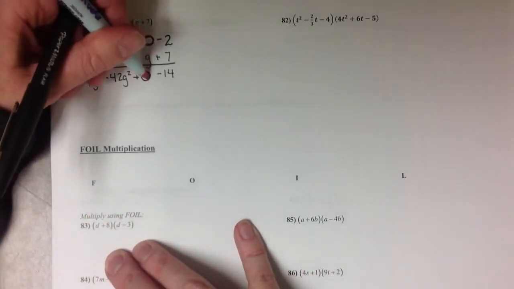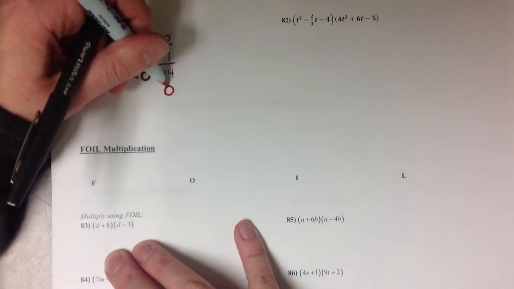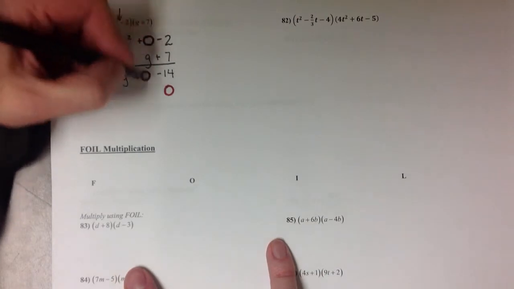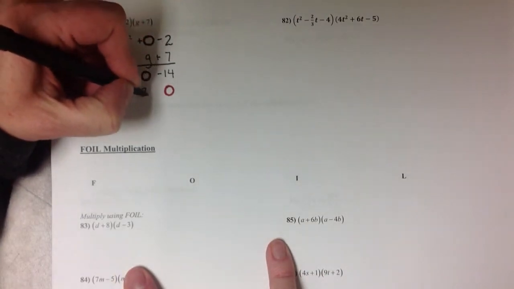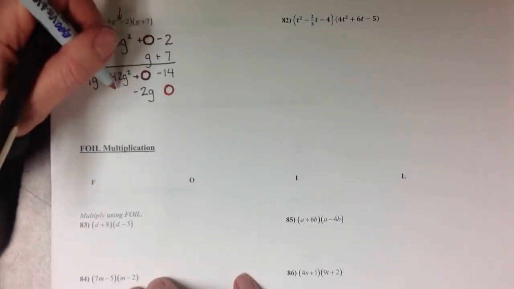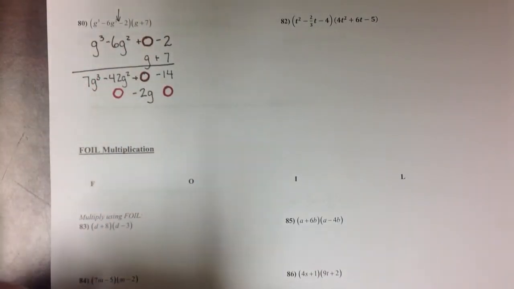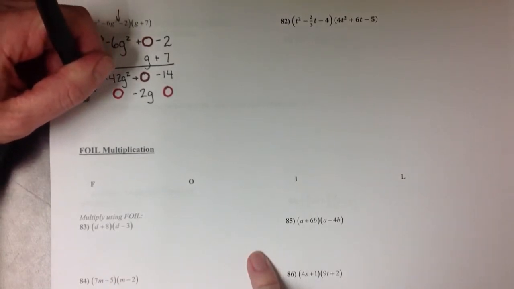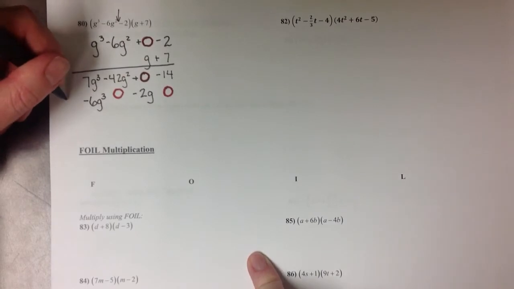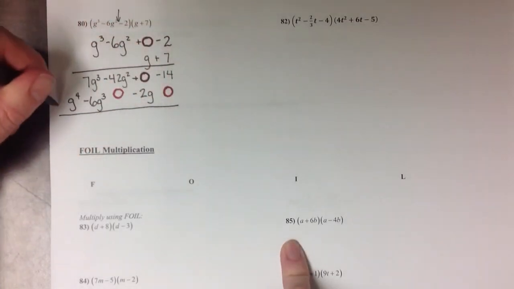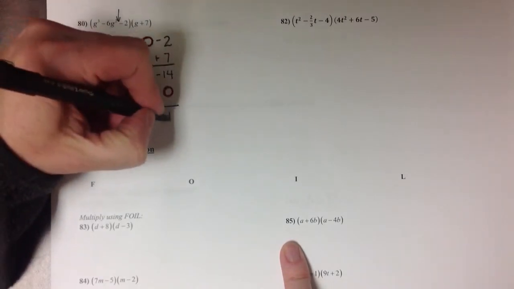Make those red so they stand out a little more. We do another 0 as our placeholder, and then multiply through the g's. So a negative 2g, another 0 when we do g times 0. G times the negative 6 is going to give us a negative 6g cubed, and then a positive g to the 4. Adding those together,